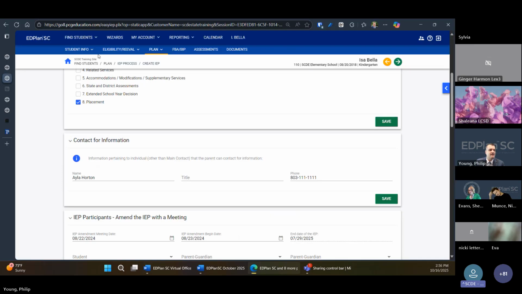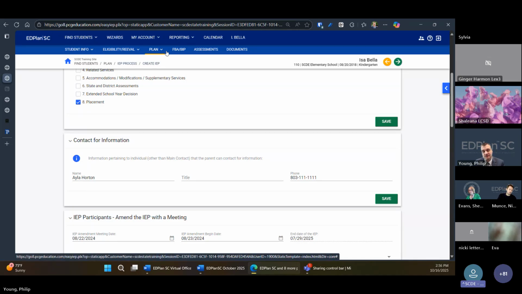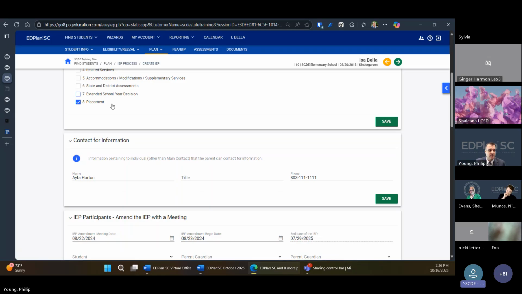It used to be that inactive students, especially for the level 3 user types, like school psychologists and speech pathologists, team lead case manager, did not have access to view inactive students. Based on feedback, we've opened that option up for those user types to be able to see inactive students.